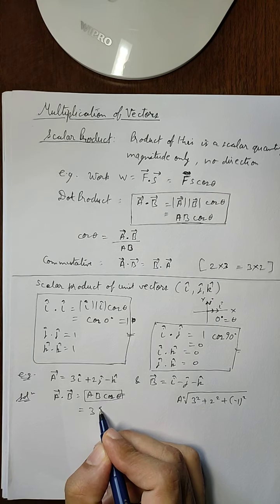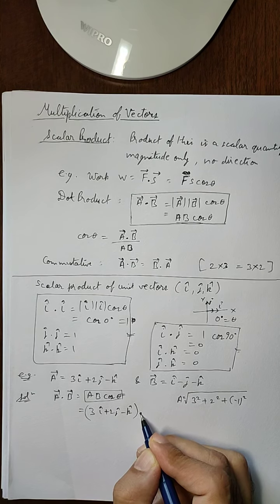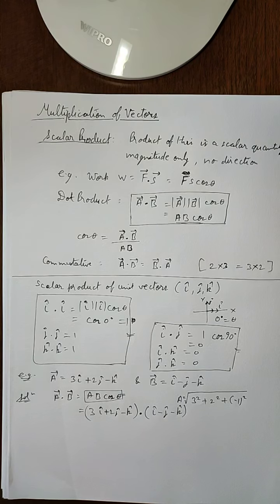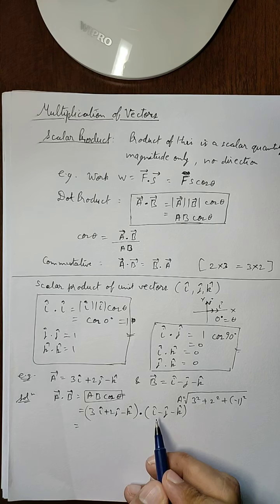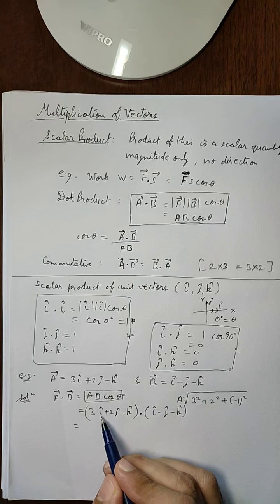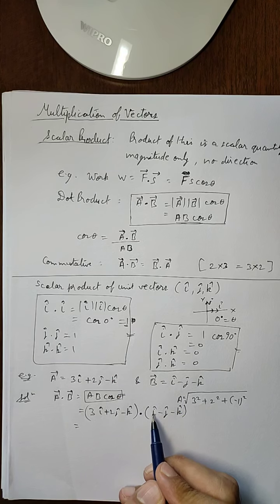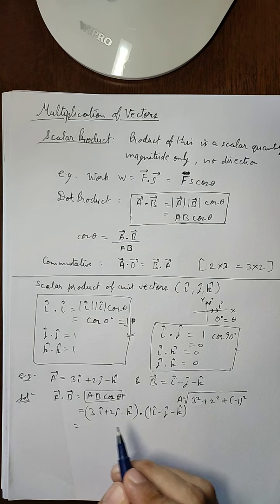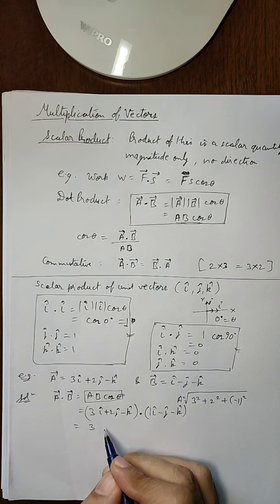So all we need to do for this question is algebraic multiplication of these two vectors. If I am multiplying 3 i cap with i cap, then i cap dot i cap will be equal to 1, and 3 into its magnitude 1 is 3. So that means 3 i cap dot i cap will be equal to 3 only. Similarly,